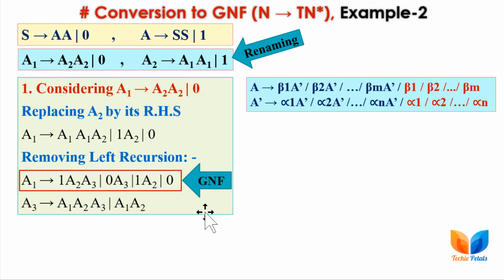Okay, so in most questions, in every question you will find that you have to rename the variables, and after that you have to apply left recursion only once, and after that only substitution will work. As we have already received A1 in GNF form, and A1 has a terminal followed by a string of non-terminals, wherever we substitute these production rules corresponding to A1, that variable will also have GNF form.